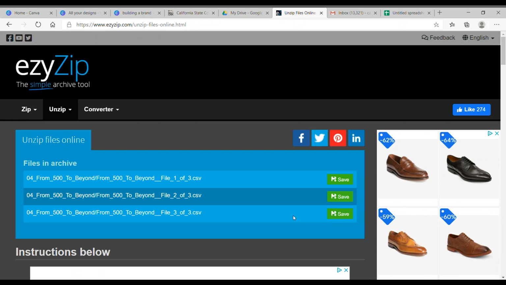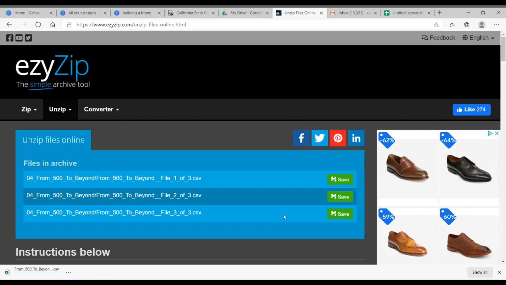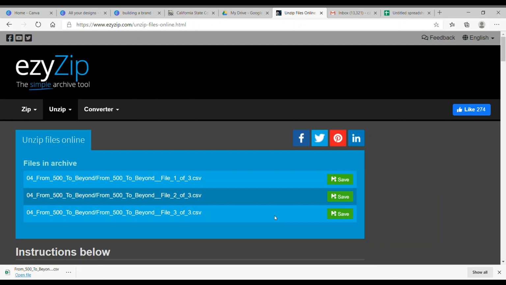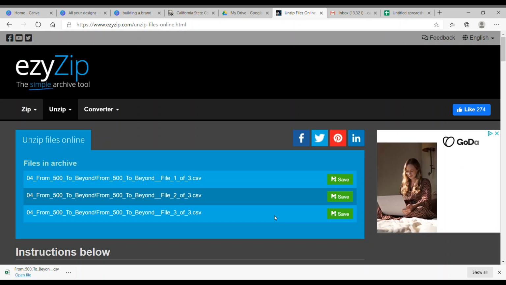Now, even then, the file size is going to be rather large, and it's going to be in an XLS format. I'm assuming if you guys are going to be downloading these leads, you're going to be getting them skip traced so you can upload them into an auto dialer or something like that. So you're going to want to get them converted to a CSV so the format's correct prior to you getting